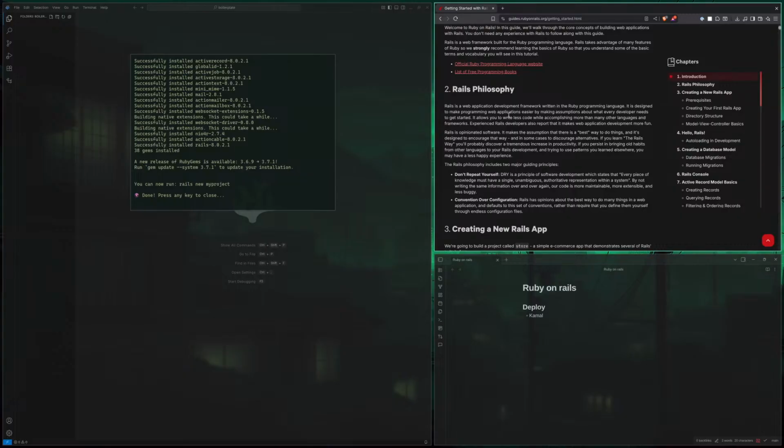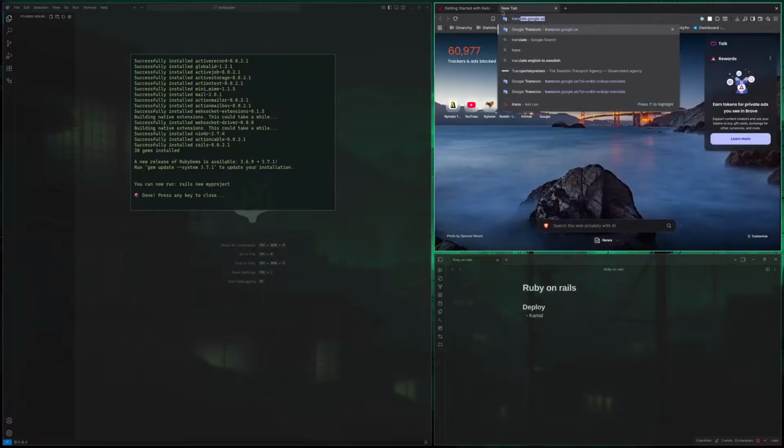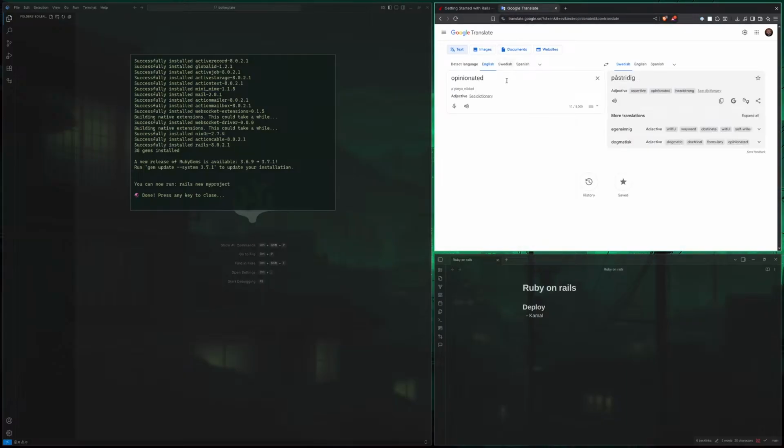Rails is a web application development framework written in the Ruby programming language. It is designed to make programming web applications easier by making assumptions about what every developer needs to get started. Rails is opinionated.